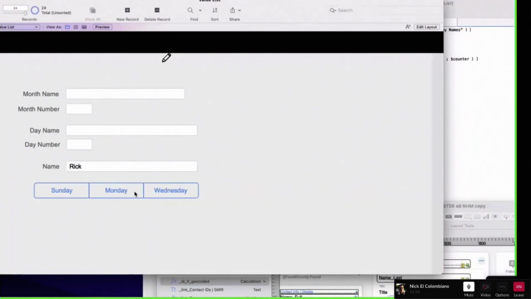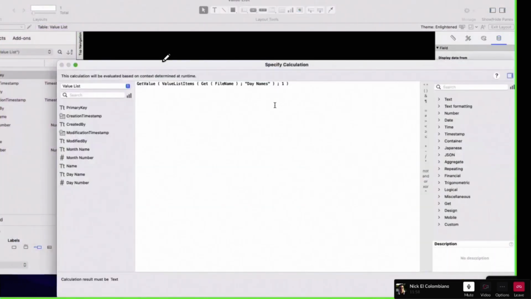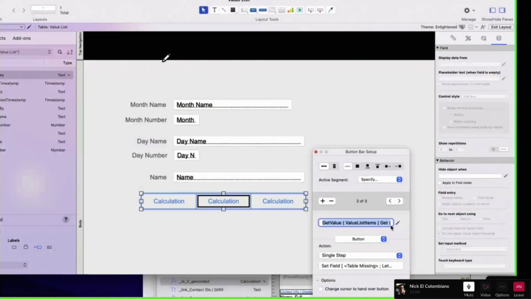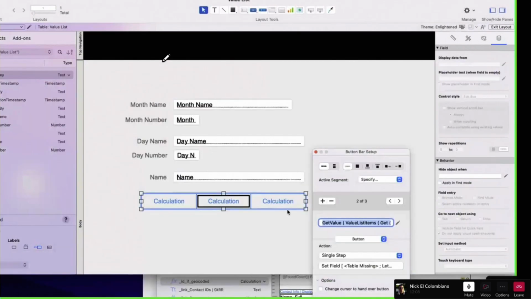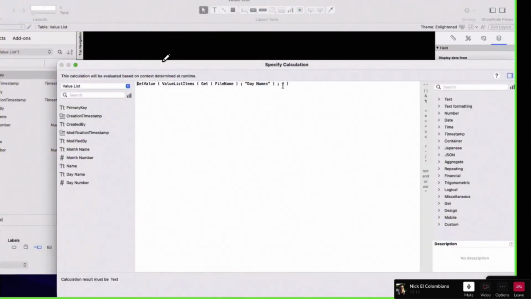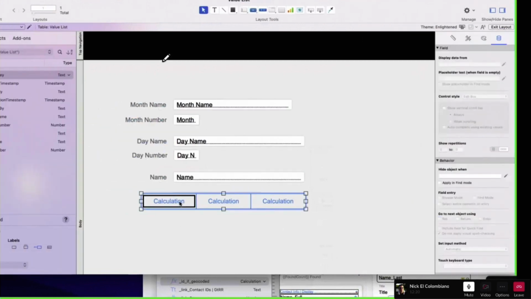Sunday, Monday, Wednesday, right? But now you can be smart on this. You can say, I want the second one because I don't want Sunday. I want to start with Monday. So you said 3, right? And then you said 4. So I want to show you how flexible this is. I just copy an object. So Monday, Tuesday, Wednesday. So I have my days, right?